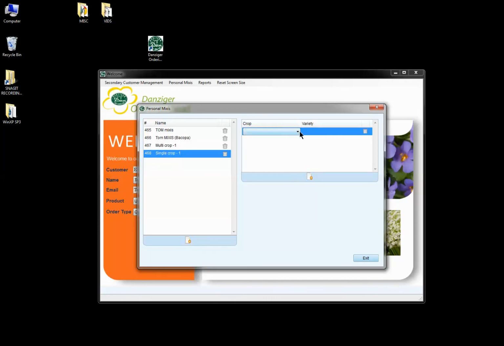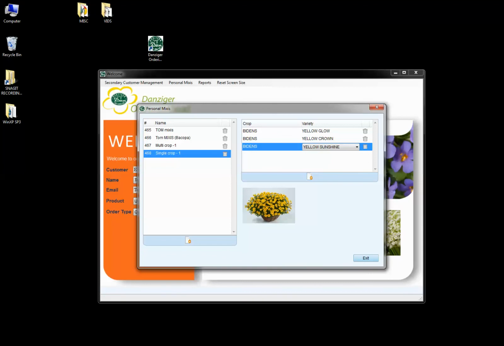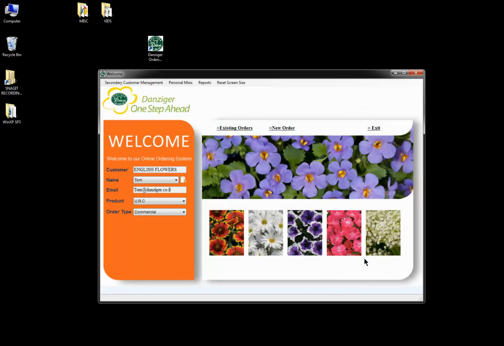Click on the plus, and I'll choose a single crop. Let's call it Bidens for this case, and so forth. I'll just speed up the process. And here's an example of a single crop, in this case Bidens. I click on exit. Now that I have created my own personal freestyle mixes, I can now go on and order them. I click on new order,